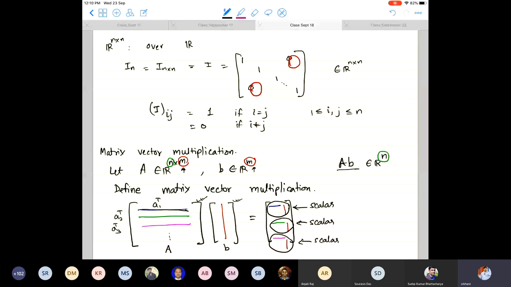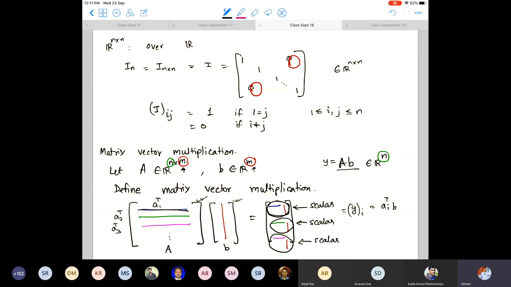So the first entry of this product Y, if you want to call it Y, is equal to this. So this is vector Y. And now you have to specify the vector Y by giving its entries. So the ith entry of Y is basically a_i transpose times b. That's how you will get the ith entry of this Y. So this is how we define the